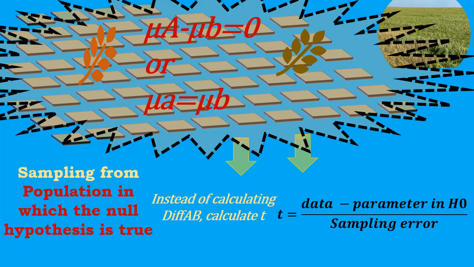That's what Gosset did. He created a distribution that today is called the t-distribution, or more specifically, the Student's t-distribution. That distribution is the distribution of a t-score. The t-score has this general form: a statistic of the data, minus a parameter in the population of the null hypothesis, divided by sampling error. So let's see